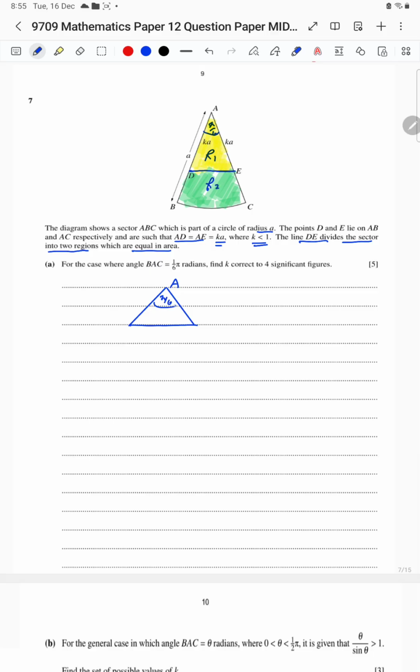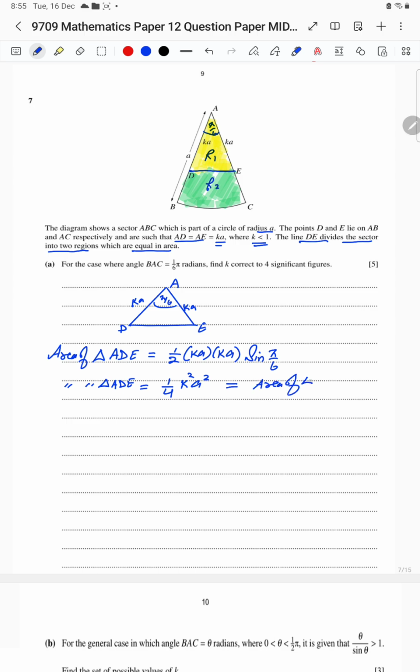A, this is pi by 6, DE with length kA and kA. You can see this is kind of an isosceles triangle as well. So the area of triangle ADE, region 1, is equal to 1 by 2 of kA times kA times sine of pi by 6, and on the calculator sine pi by 6 in radian is 1 by 2. So I will get 1 by 4 k square A square as the area of triangle ADE, and that is the same as